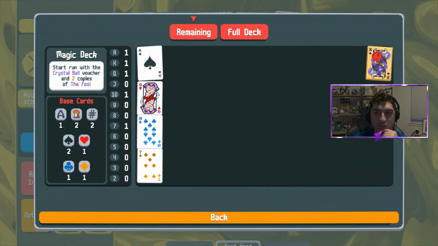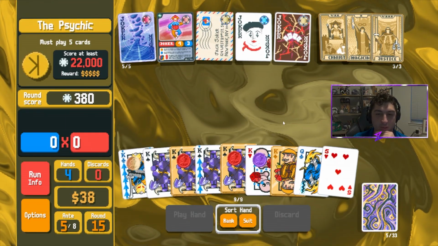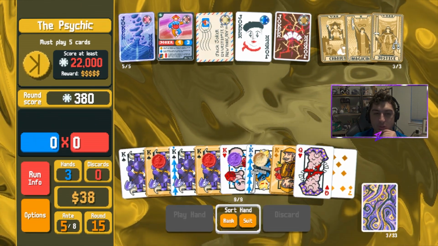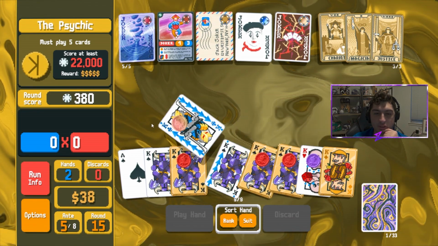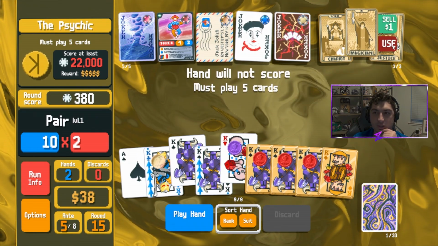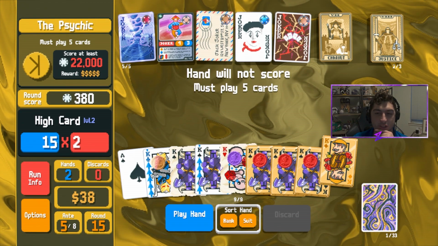And now we only have 1 king remaining. It is a very good king, though. We can try and fish for it. Actually, we should be able to get it. There we go. Alright, so let's determine the 4 kings we're going to play. It's going to be these 4. These 2 I'm going to magician. I am going to chariot